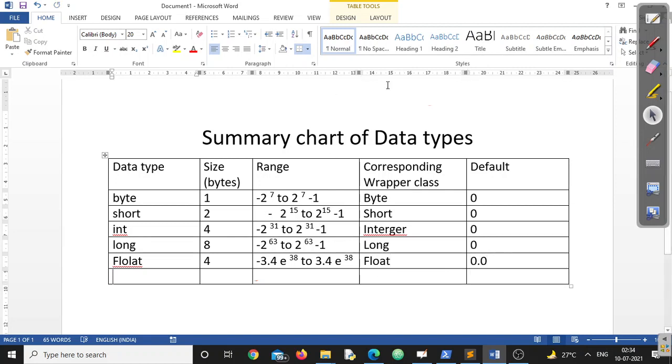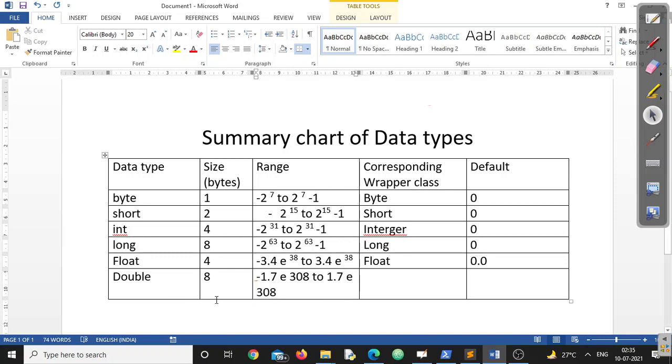Now the next point is double. After float, we have a double type. For double, the memory requirement is 8 bytes and the range is minus 1.7 e to the power 308 to 1.7 e to the power 308.